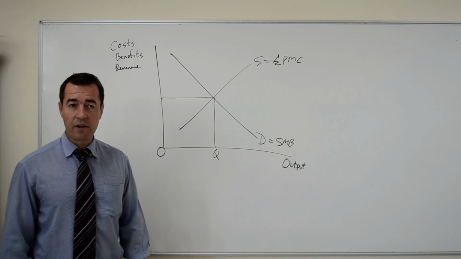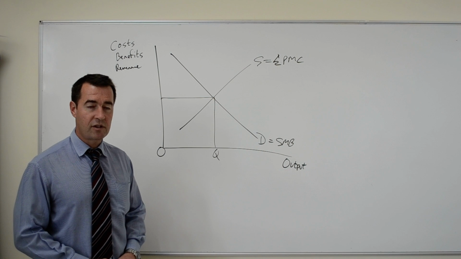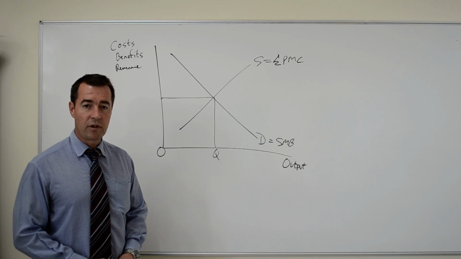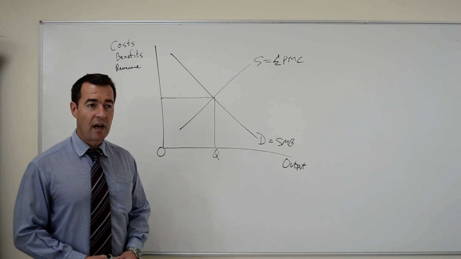Okay, this is for the benefit of all those students who've gone to Kathmandu as part of the Nepal CAS IB trip. Today we're going to look at negative externalities arising in production, and we're going to look at